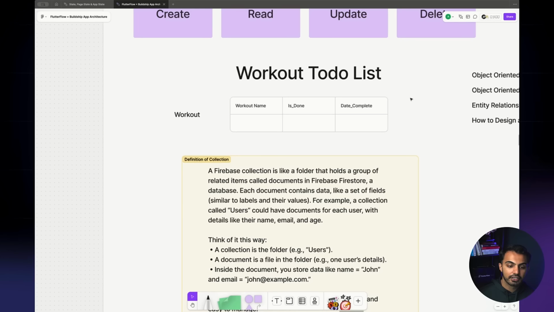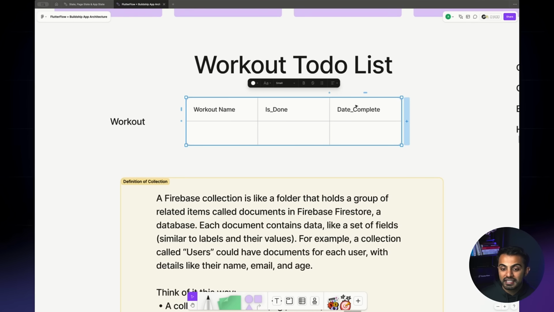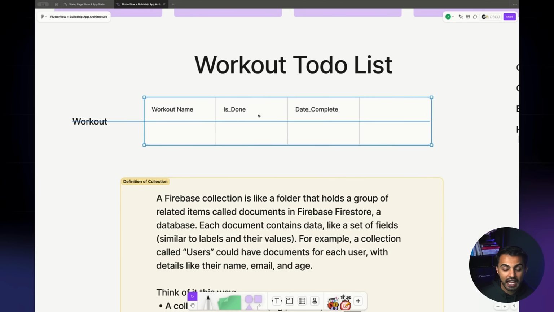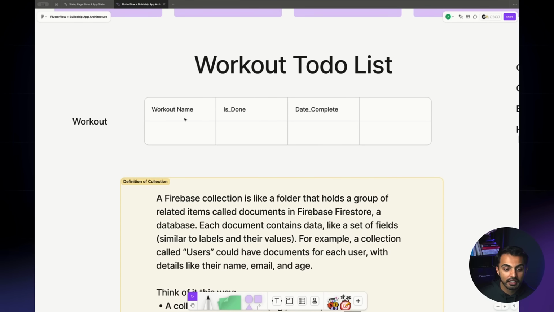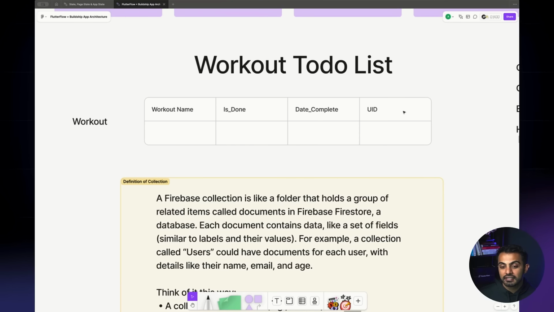So what we just did is we created a collection for a workout, but we are missing one thing here. In Firestore, and in any database really, you have to have a way to identify who this workout belongs to in terms of users, right? Imagine you have a Google Sheet and you have a list of all the workouts from all your users. Well, how do you know what user it belongs to? Well, we're gonna need a user column, and typically this user column is something called a foreign key in database design,